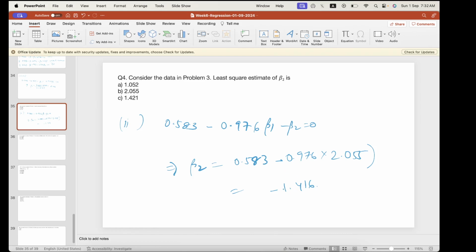Okay, so this is actually minus, so there will be a minus sign over here, and we'll have option C as the correct answer. All right, so this is a way to solve, and so we should be able to follow this way. All right, fine. So now that we are done,